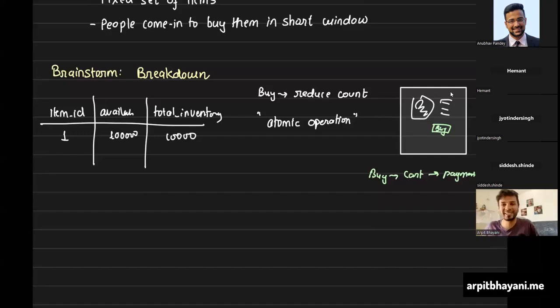Now things start to become complex, right? We now know why you should not reduce the count at the end of the payment, because what's stopping other people from making the payment? So the first step is you should not allow more than N people to even reach the payment page. Then your payment flow can take care of the rest. We'll talk about it. But now it gives a structure to our thinking. We started with something, but when we think about the user experience, we are starting to converge on how the system should behave.